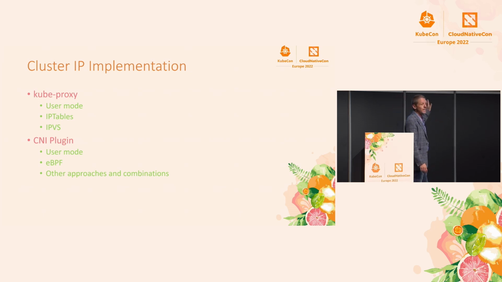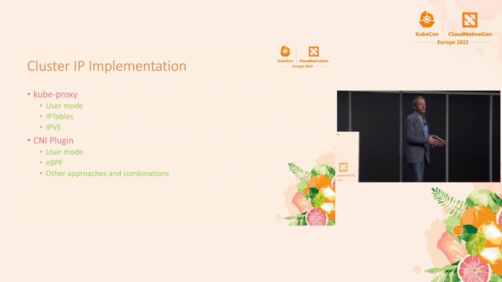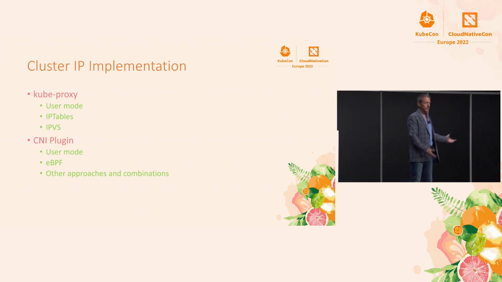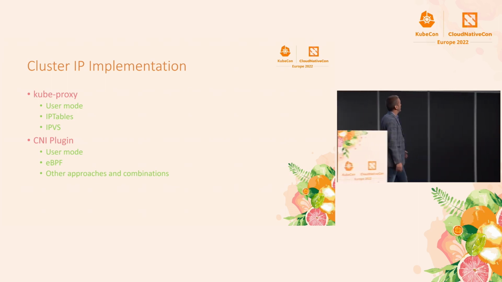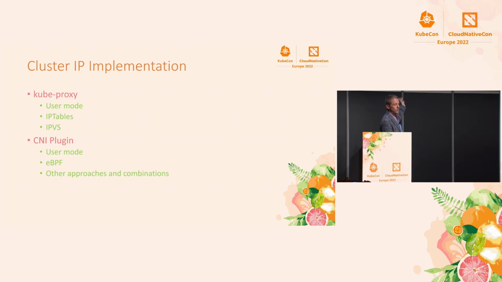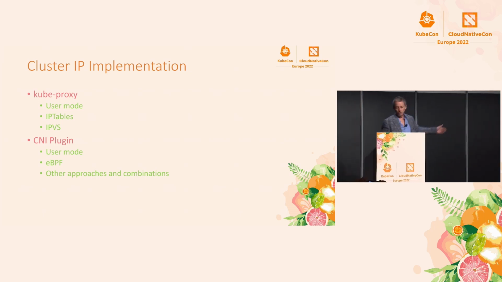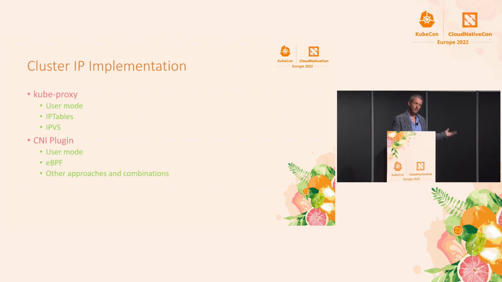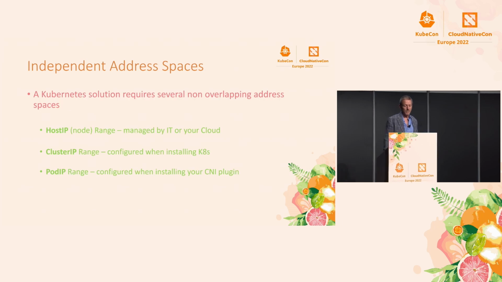There are also CNI plugins that have fancy features too, because eBPF, hey, programming the kernel sounds like that would be a way to handle these services too, right? Well, it is, and it has some benefits. So some of the plugins let you do that. You could replace the kube proxy with Cilium if you wanted to, and let it do all that stuff. We didn't tell it to do that, again, so it didn't, but that's an option that's on the table.